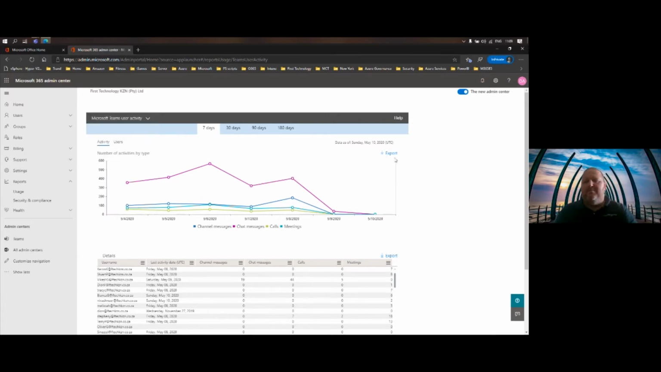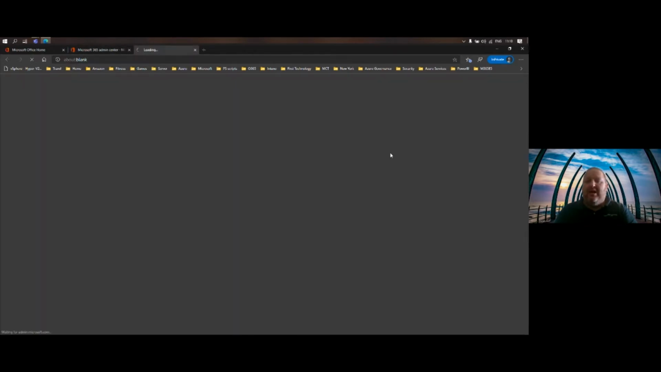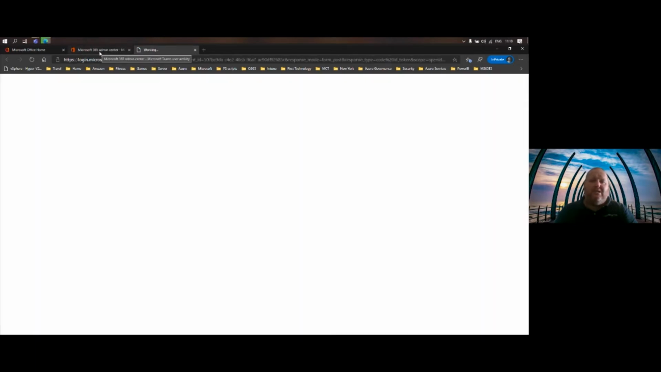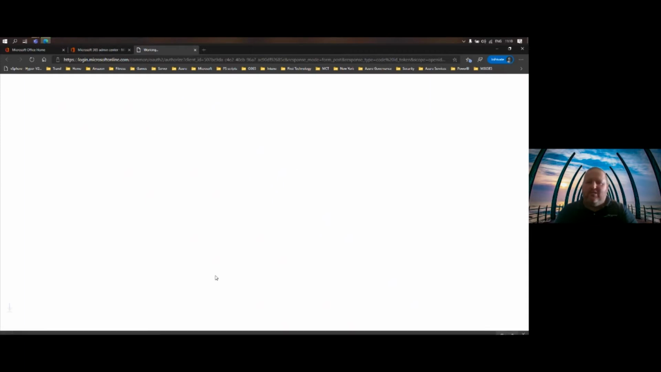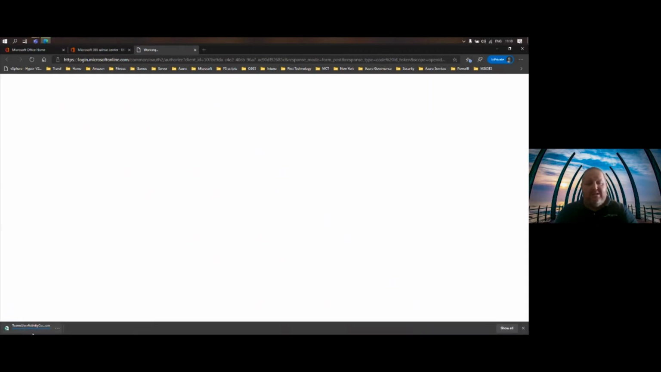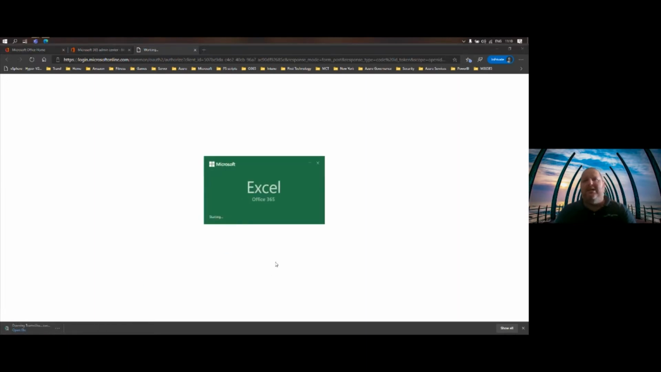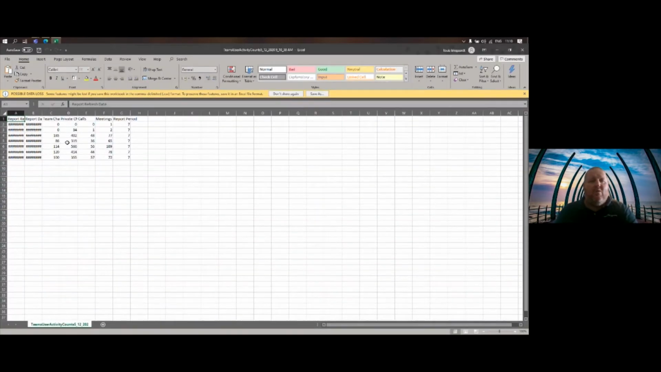Okay, very important. The nice thing with this as well is I can export this. So if I go export, it will export it for me into an Excel spreadsheet. And once I've exported it to an Excel spreadsheet, this is going to ask me to log in. You can see it's exported to the Excel spreadsheet. I can open this up, and then I can start manipulating it